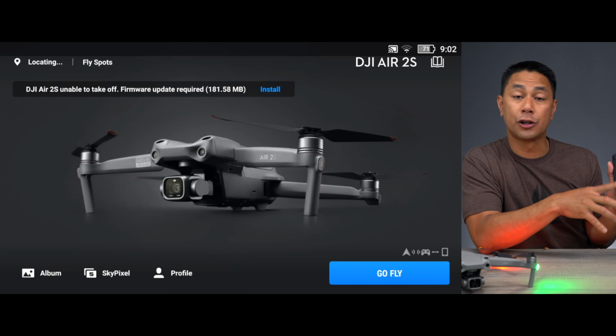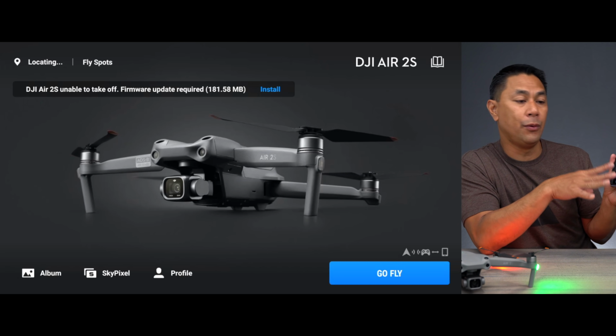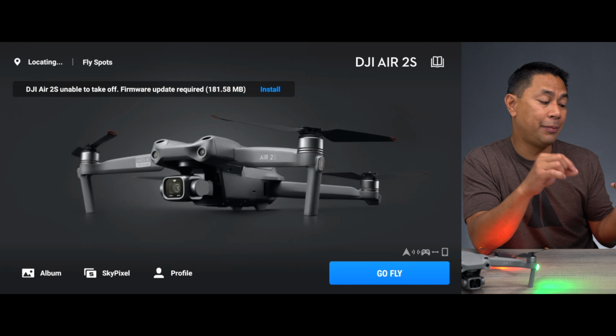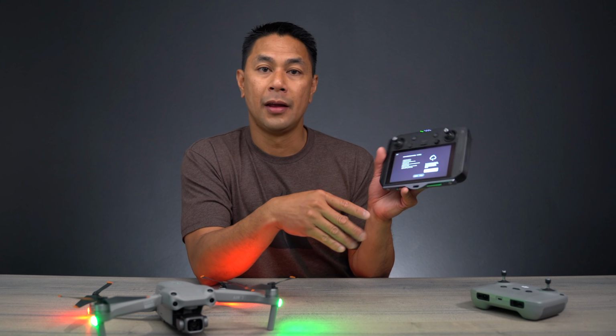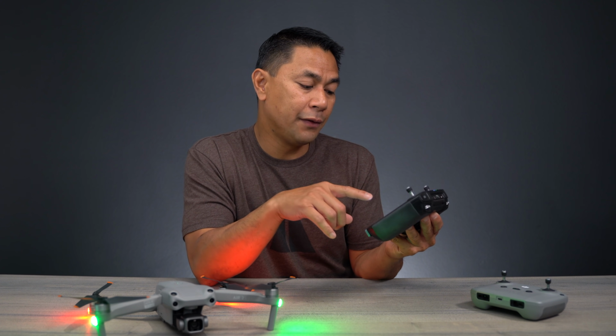So now I'm on the home screen of the DJI Fly app, and it's showing me the photo of the Air 2S, as well as on the top left, it does say that there is a firmware update required, 181 megs, and all I have to do is hit install right there. Now it shows you a little bit more information about what this firmware update involves. It is version